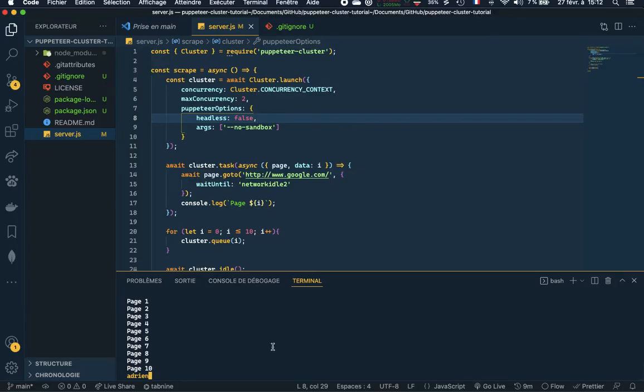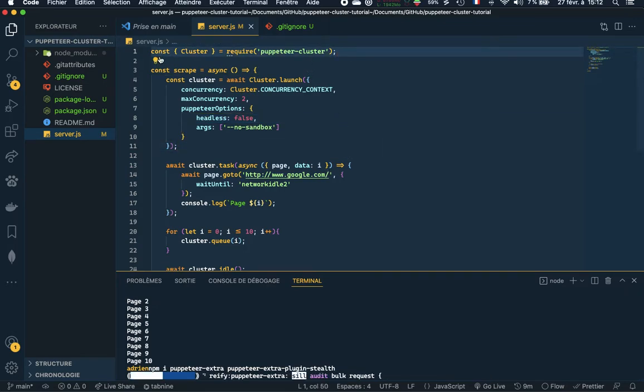Well, you can firstly install it with Puppeteer Extra. We can do it right there. Okay, and once this is installed, what you are going to do is basically